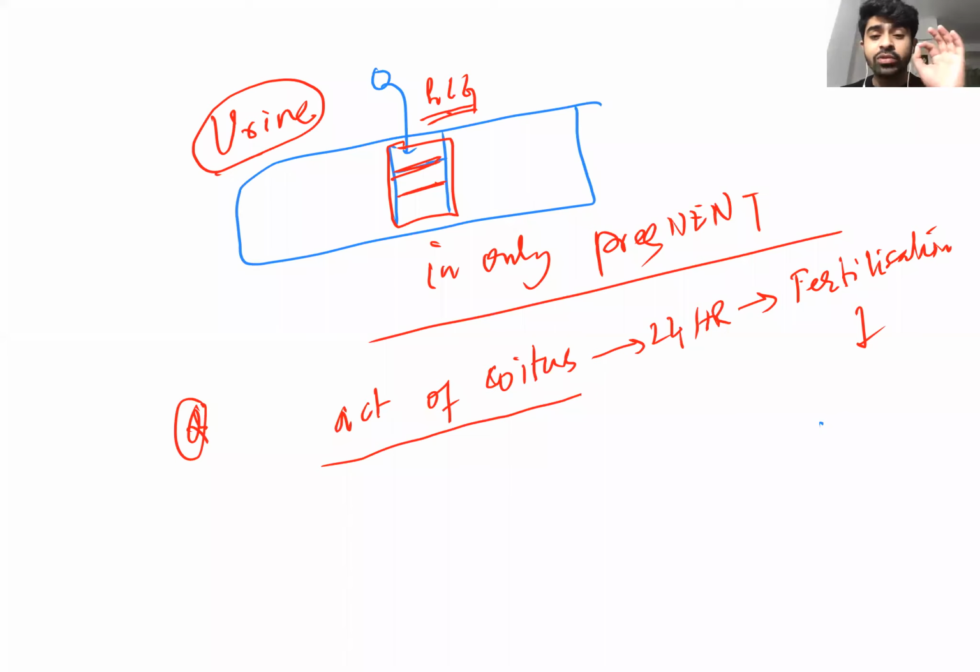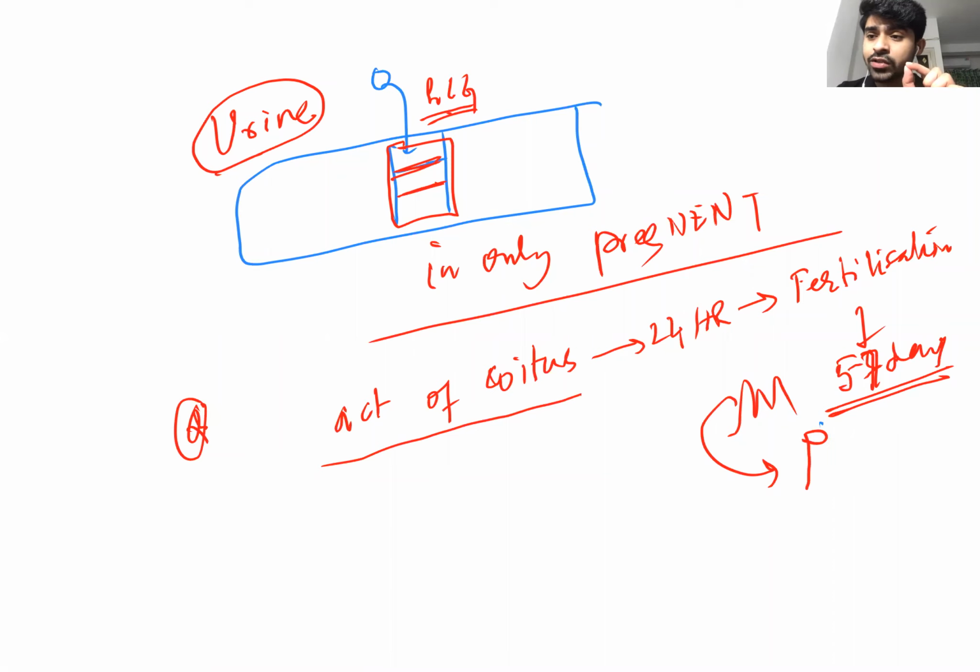It will take some time first to form the morula, then the blastula, then it comes into the uterine cavity and implants into the endometrium, which is called implantation, with formation of chorionic villi. Implantation is done at 5 to 6 days, or you can consider 5 to 7 days. From the chorionic villi, the hormone HCG is secreted and mixes into the blood, which is filtered in the kidney.